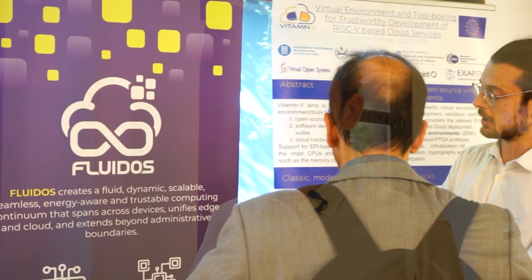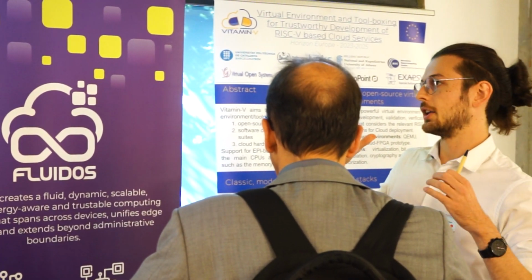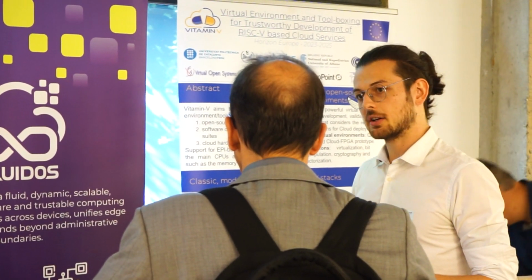Two FLUIDOS nodes within a continuum can communicate through a protocol that we designed within the FLUIDOS project, which is called RIA. RIA allows nodes in the continuum to exchange information on the type of resources that are advertising in the continuum. So for instance, Kubernetes, slice of Kubernetes cluster, virtual machines, and so on.